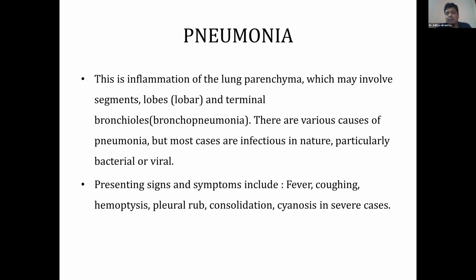Commonly, the community acquired are usually bacterial. Then we have nosocomial pneumonia, which is hospital acquired. And then we have the ventilator associated pneumonia. There are bundles for it. But again, as you said, there are different definitions, different etiologies. But the whole thing is the presentation is very subtle when you talk about ventilator associated pneumonia or a